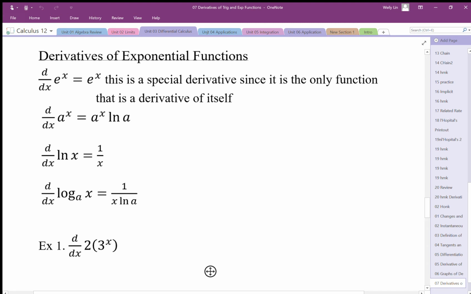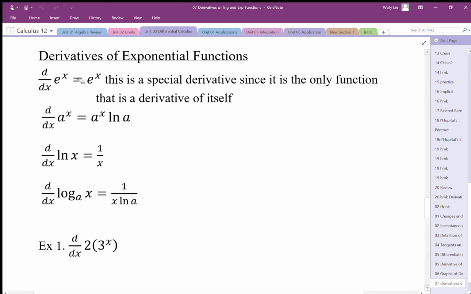So these next derivatives are also what we're going to consider as defined derivatives. We're not going to justify these right now. We're just going to have these basically on a formula sheet, and whenever we see these, we're going to apply these derivatives. So the first one is fairly special because this exponential function, e to the x, when we